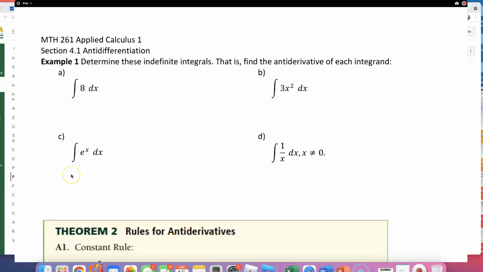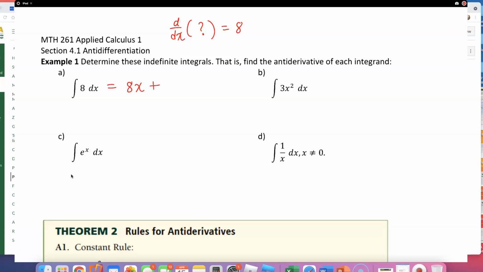Let's look at example number 1. Determine these indefinite integrals. That is, find the antiderivative of each integrand. So, the first one, you're saying the derivative of something is equal to 8. We're trying to think of what that something is. Well, the derivative of 8x is equal to 8, isn't it? So the answer is simply 8x,